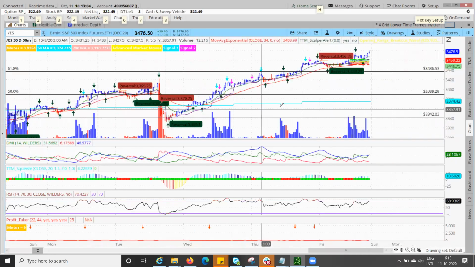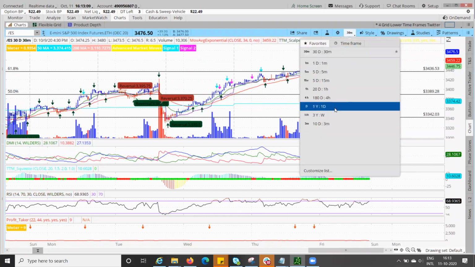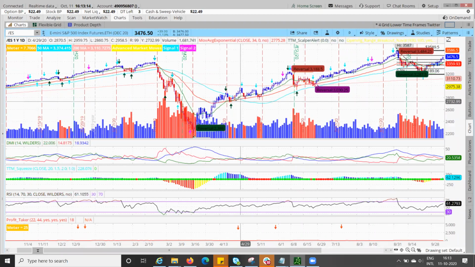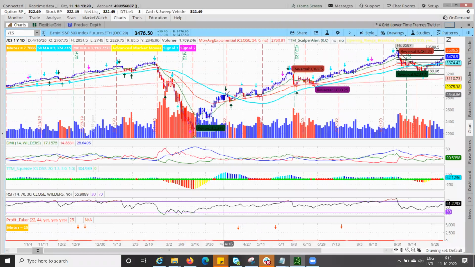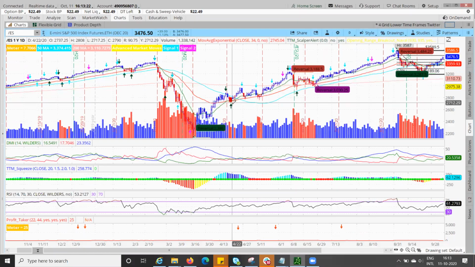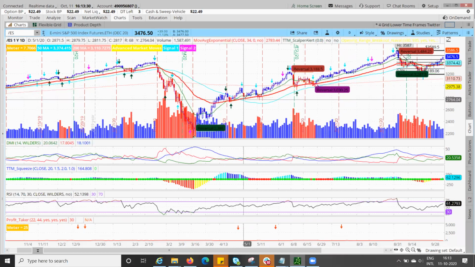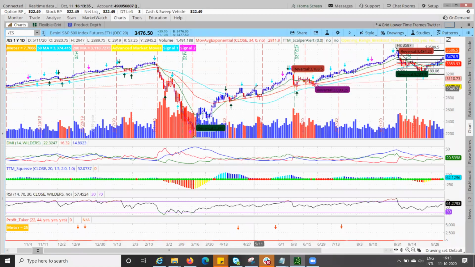Ignore this. Let me go to the daily chart. Look at here. These three candles. The market went up, came down, and at this moment there was buying which comes. It went up, there was selling. Again, it came down to this level. There was buying, like people were buying here. Again, it went up, it goes down, and again at this level there was buying. This is your support.